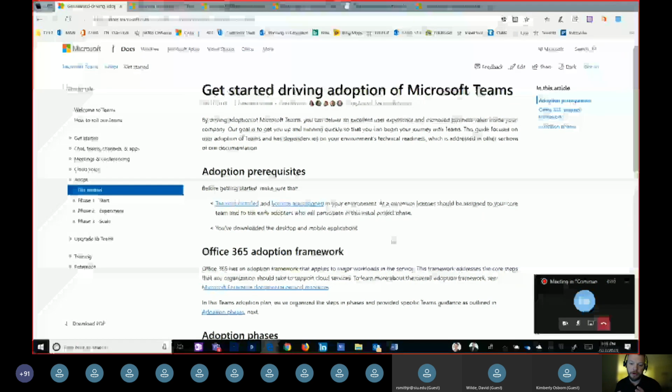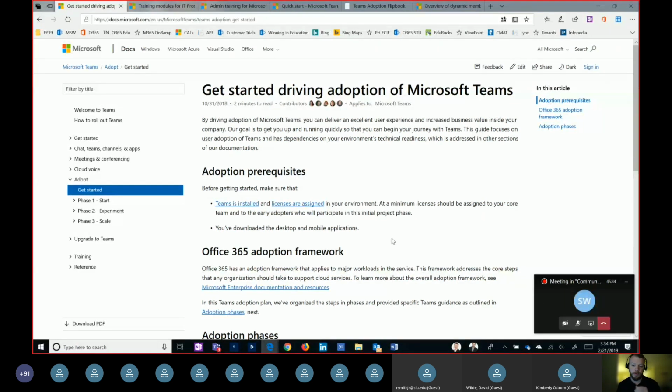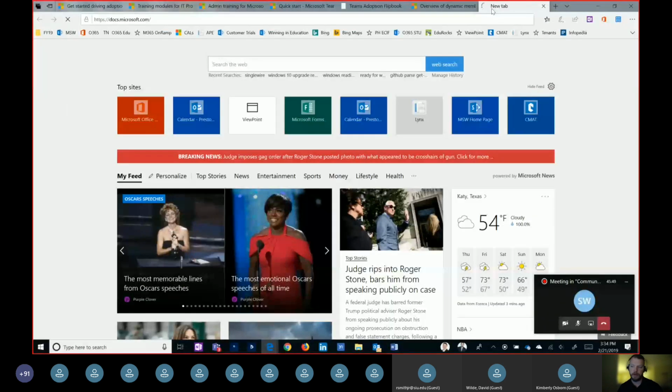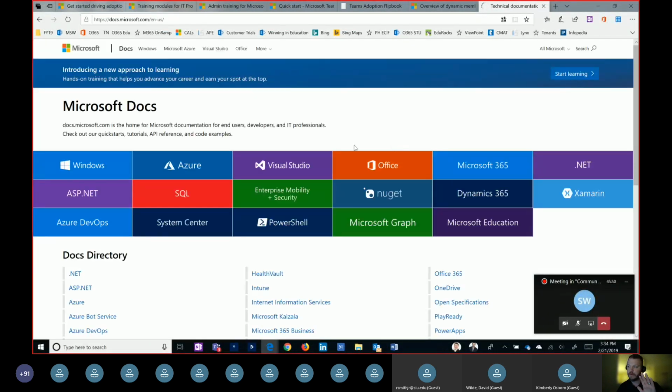Now, I just want to clarify this. This is sort of the post deployment. So we've already decided we're going to deploy Teams. We've already figured out what's our general governance and guidance around Teams. And you know what, as a matter of fact, real quick, I'm going to show something again because it's been a while since I brought this up. And this is one of my all-time favorite pages around Teams. If you just go to